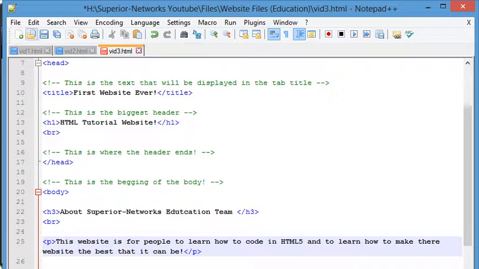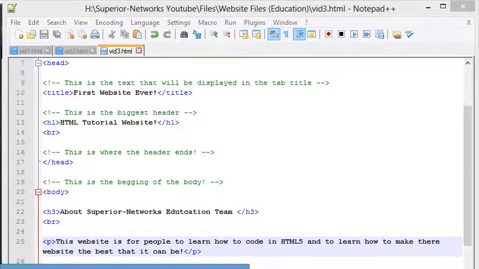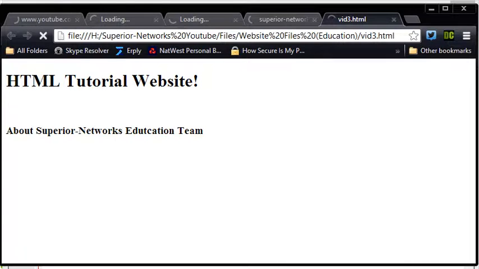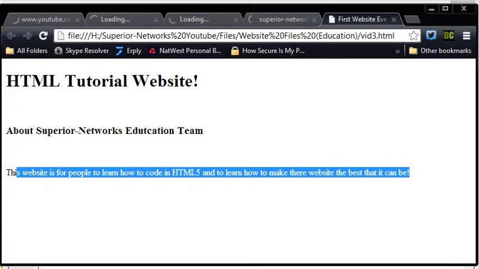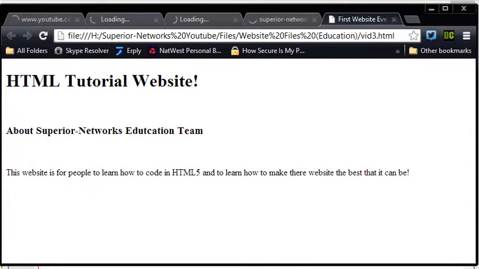So, very short sentence, or paragraph. If we refresh that, and with any luck, eventually, there we are. Job done. Now you may be saying, well, how does that go from basic stuff like this to